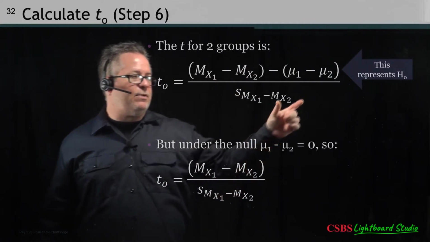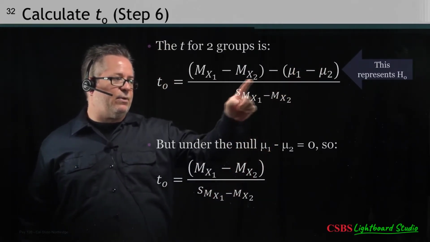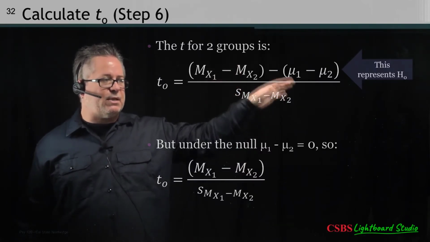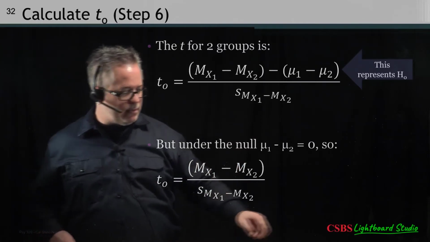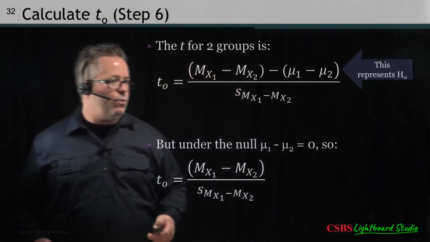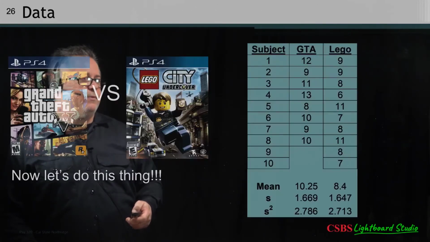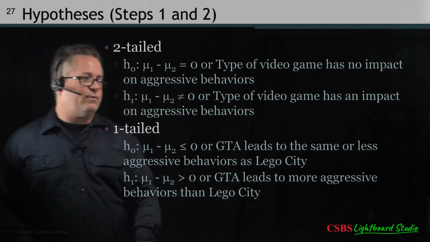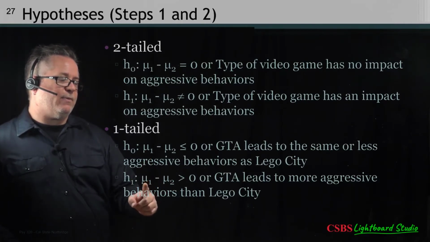And I'm going to compare that to my population mean differences here, and I'm going to divide by standard error. This is my goal for step 6. This is the test that I'm trying to compute. Under the null hypothesis, all right, let's go back. When we stated our null hypothesis, we said, if there's a difference between aggressive behaviors, let's look at the one-tailed test. So if Grand Theft Auto